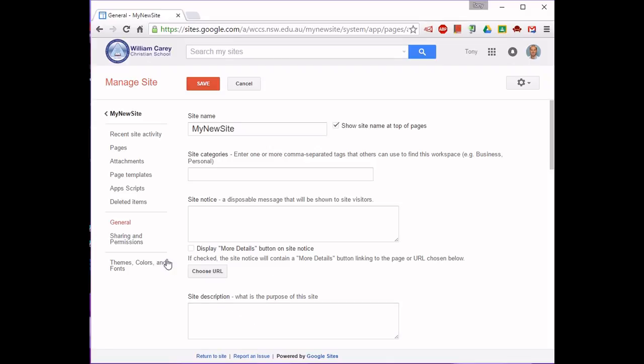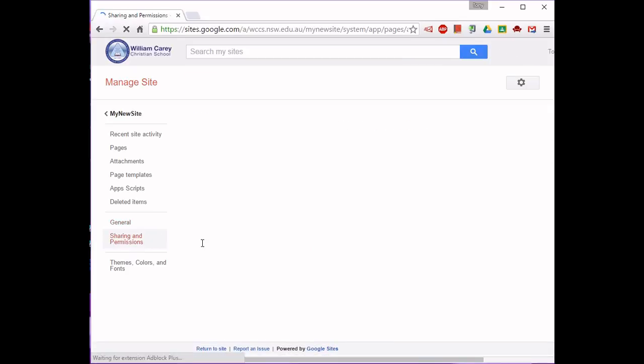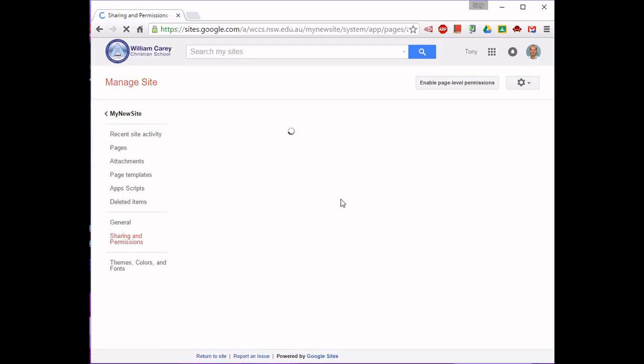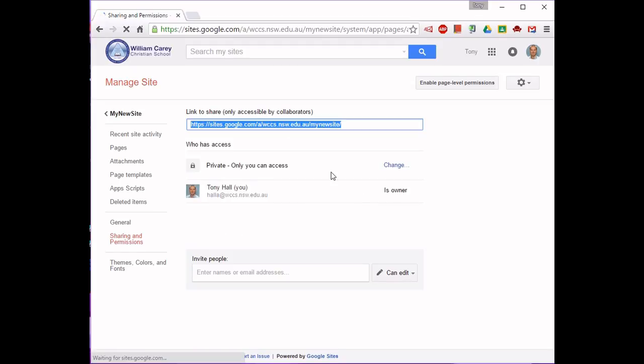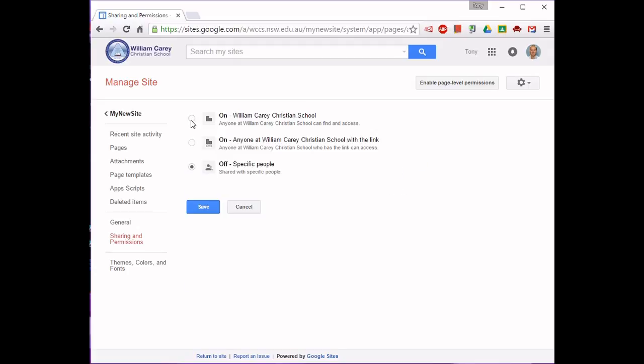The last area I want to show is sharing and permissions. If we go to sharing and permissions, you'll see that my site is defaulting so that no one can actually access it. Only I can access it while I'm setting it up. So once your site is ready to go, you need to change this. To change it, you'll see at the moment private, only you can access. You push the change button and you'll see that you've got the choice that anyone at William Carey Christian School can see it,